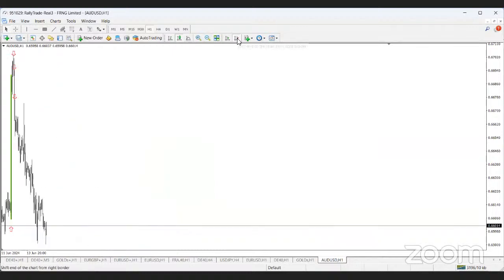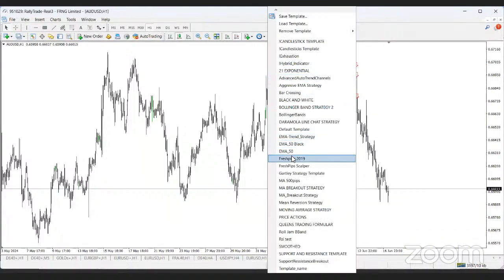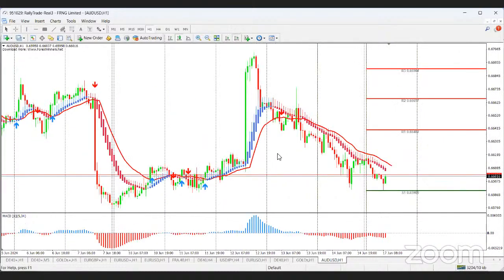I won't, because the price has done 100% retracement, except if I'm using indicators like Fresh Pips, where I might look to sell if I see an arrow that gives me a sell perspective. If I come here, I see the price retraced back to the moving average and gave me another arrow. So I'll be looking out for this kind of arrow again if I can sell. For now, I'll be staying off. And remember the price is back at a support area, so buy will be in perspective. Even though I will not click on buy now, I will be looking out to buy. That's the way I see AUD. So for now, I don't have any trade on AUD. I'll just stay off until tomorrow morning.